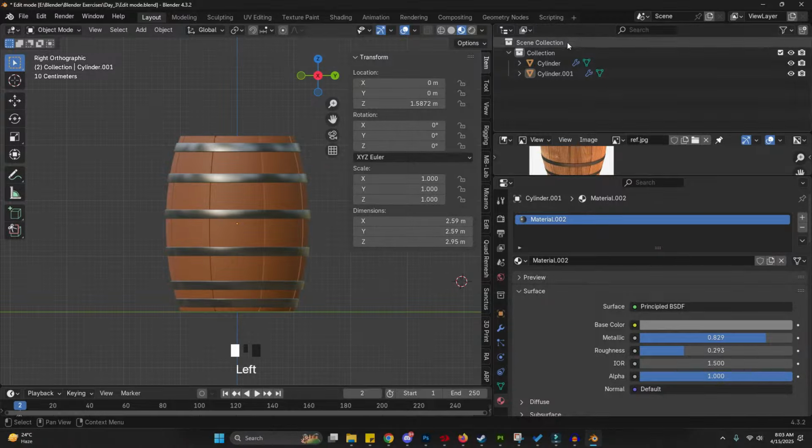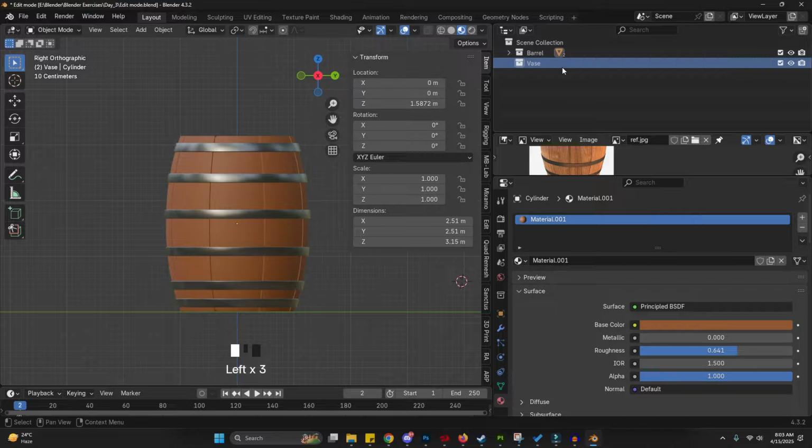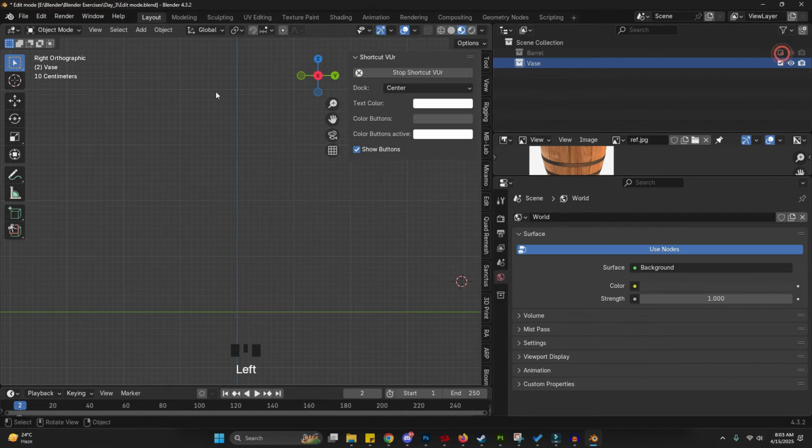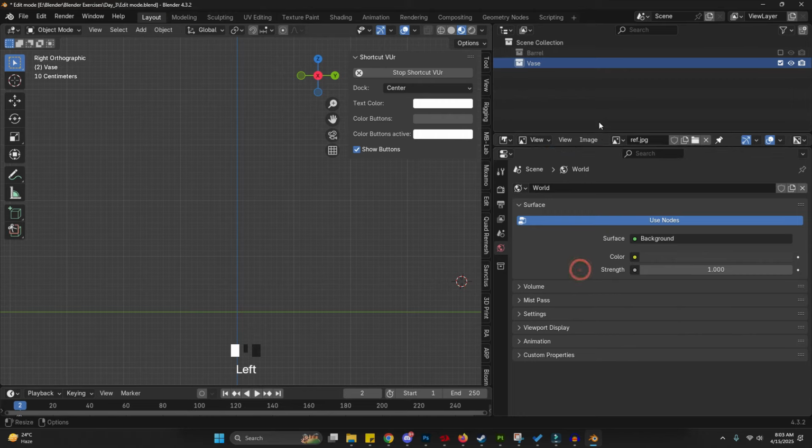So let me just add this over here. I'm going to make a new collection and I'm going to change this to vase. So for this example, we're not making one model, but you can make as many as you need. We don't really need this, so I'm going to close this, and